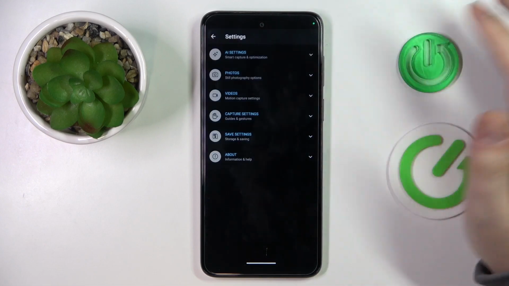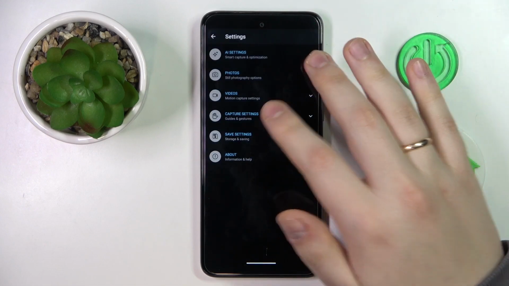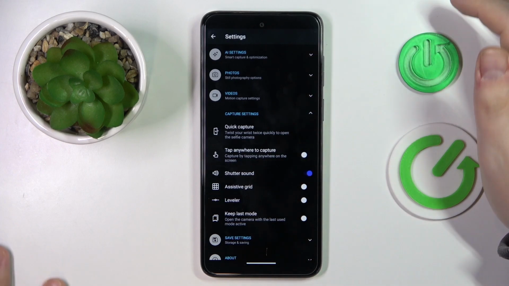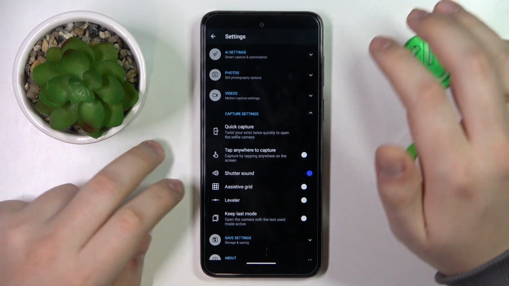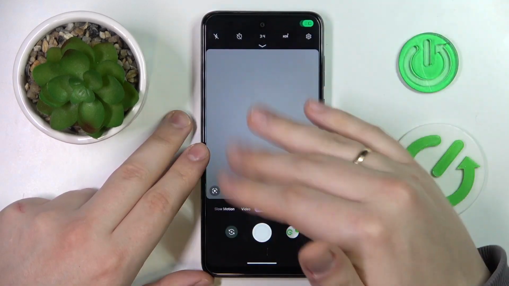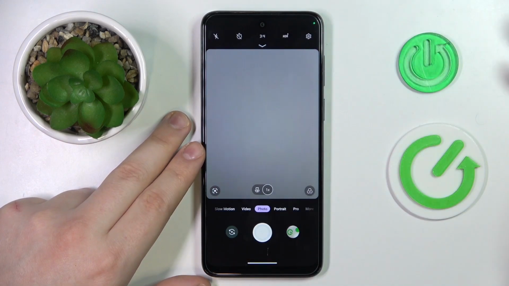First thing that I recommend you checking is going into settings and turning off the tap anywhere to capture option, since it will prevent you from being able to manually change the camera brightness. Once this step is out of the way, just return to the viewfinder interface, and from now on,